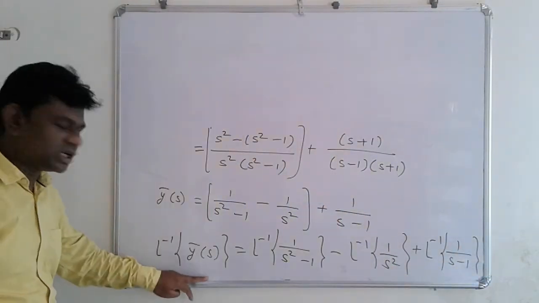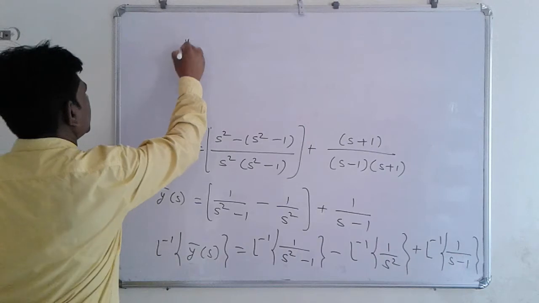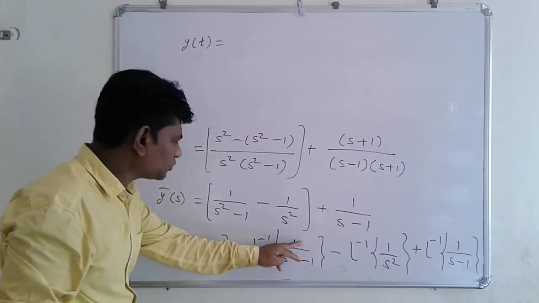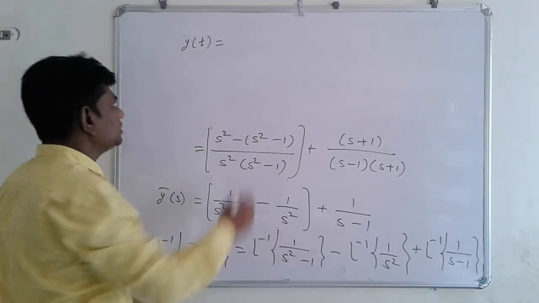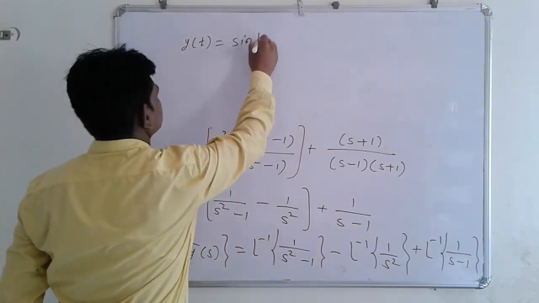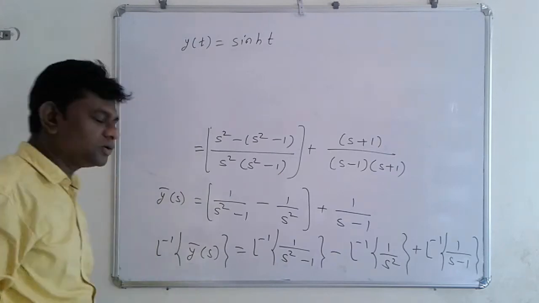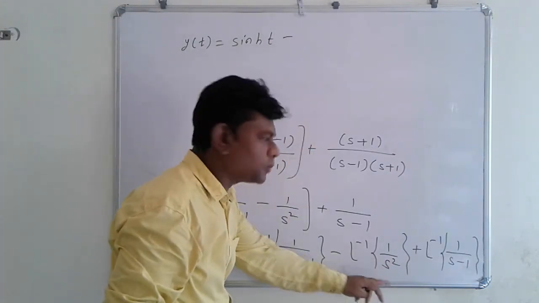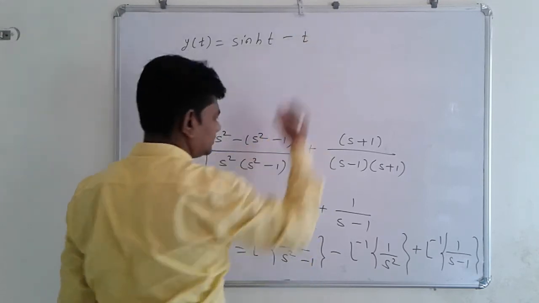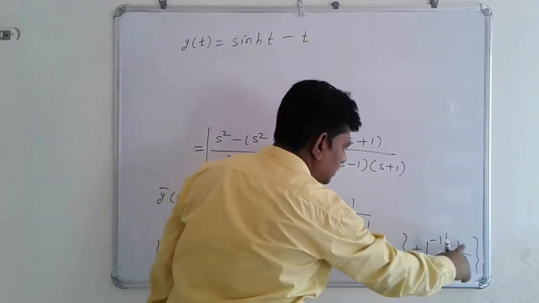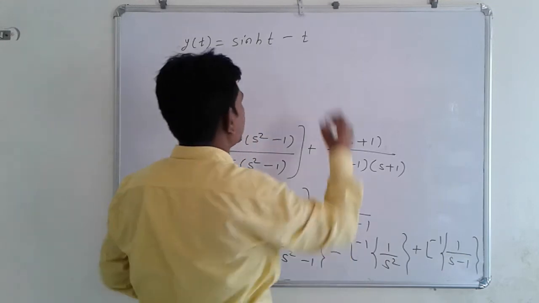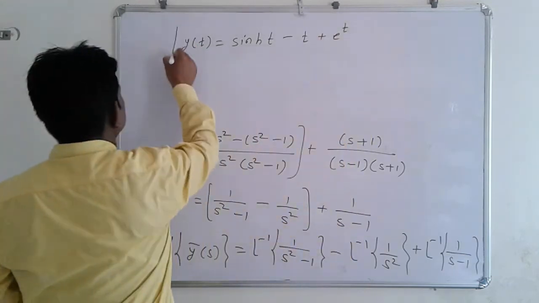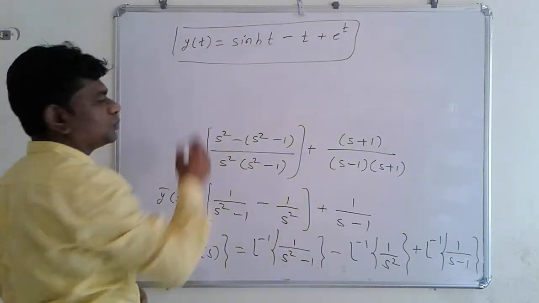Now inverse Laplace transform of y bar s, we get y of t is equal to inverse Laplace transform of 1 upon s square minus 1, the answer is sinh t, the hyperbolic function of t, minus inverse Laplace transform of 1 upon s square, the answer is t, and inverse Laplace transform of 1 upon s minus 1, the answer is e to the power t. So this is the required solution for the given